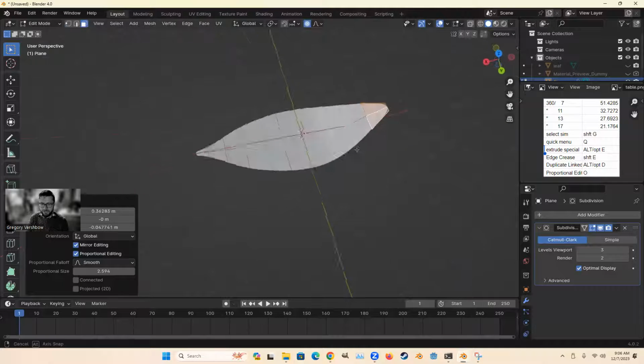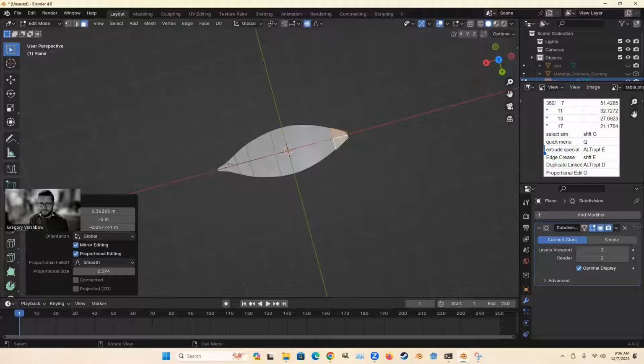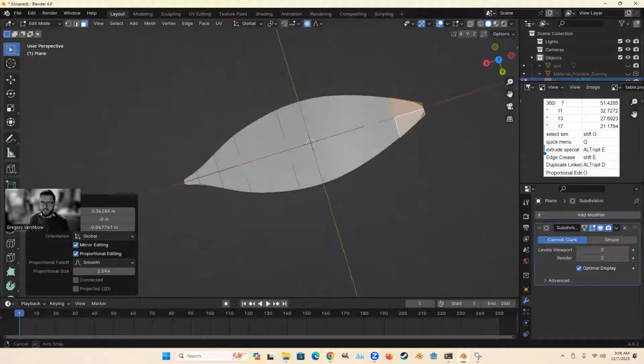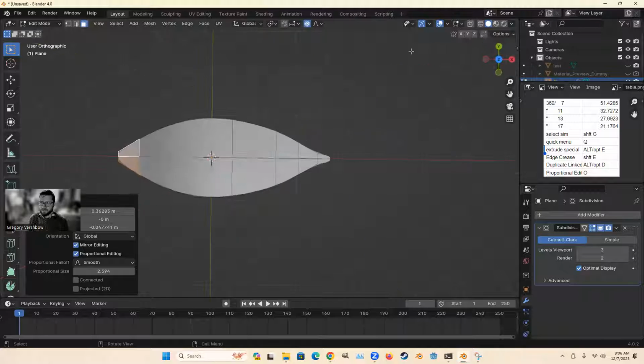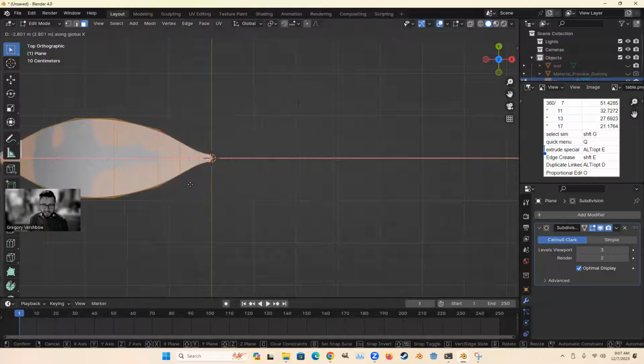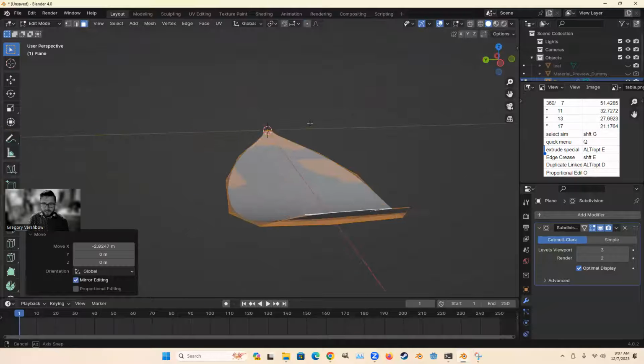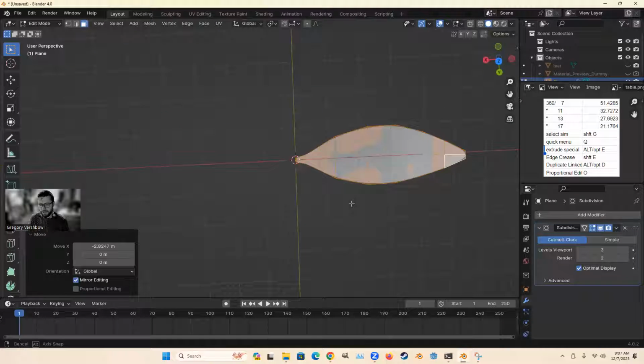So we got this simple mesh, but we've got a nice little petal. Next thing I want to do is I want the origin point to be at the base of the petal, not in the middle of it. So that's no problem. I'll turn proportional editing off, and I'll just press A for select all, G for grab, X for x-axis, to just move it right there. So it's got its origin point right at the base, which is going to be good for a